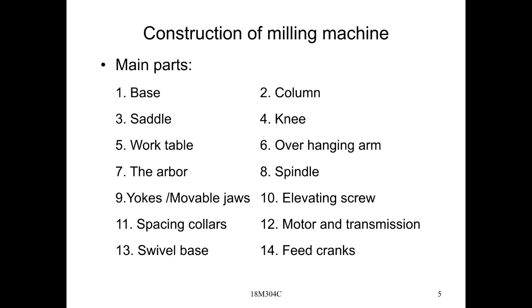And next, the swivel base. Every table has three directions. The swivel base is provided for swiveling, for angular operations whenever you need to produce them. That is the main thing, right? Next, feed cranks. Feed cranks control how much feed is given to the workpiece, how much depth of cut we need to give. These are like elevating screws, in a rotary shape for revolving purposes.